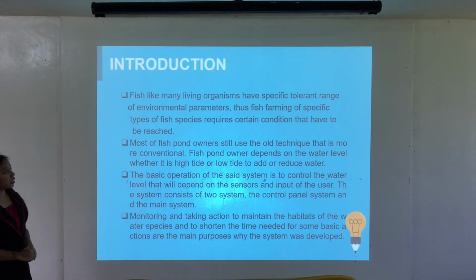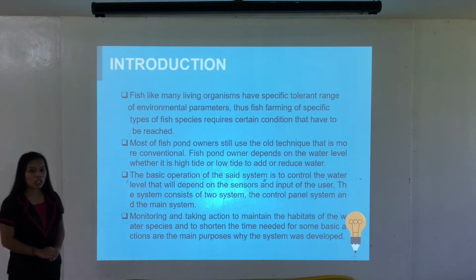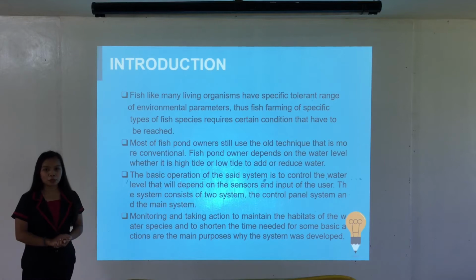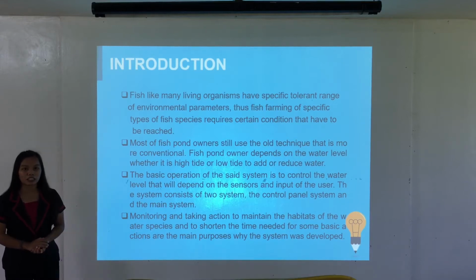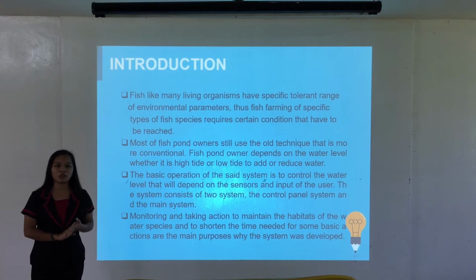fish, like many living organisms, have a specific tolerance range of environmental parameters. Thus, fish farming of a specific type of fish species requires certain conditions to be met. So people working in fish farming ponds have to be engaged in daily activities to maintain the living fish